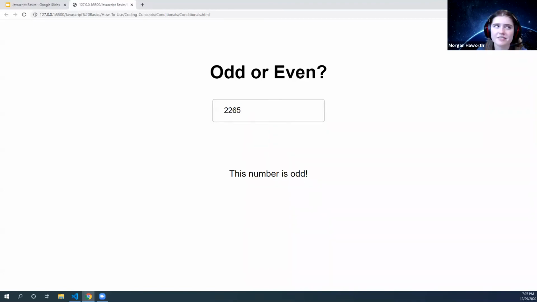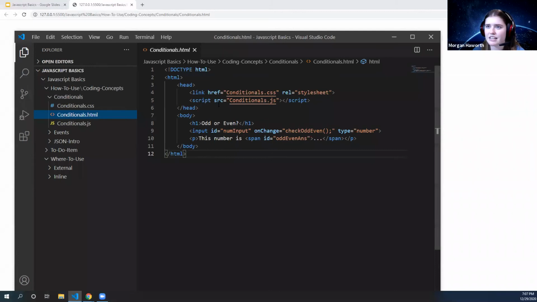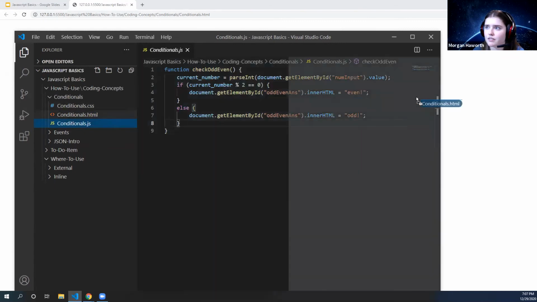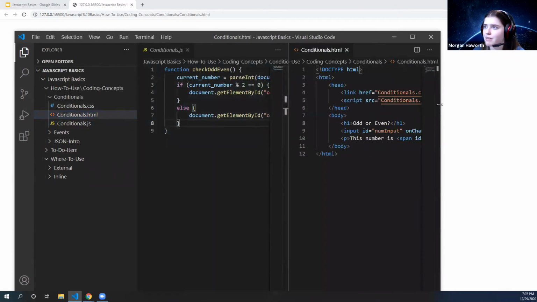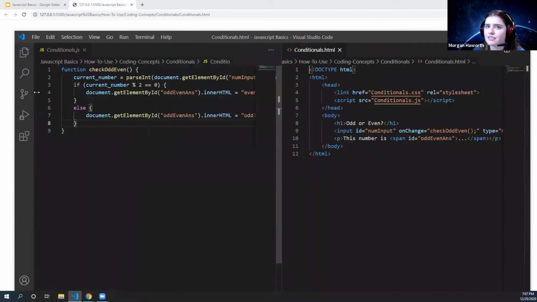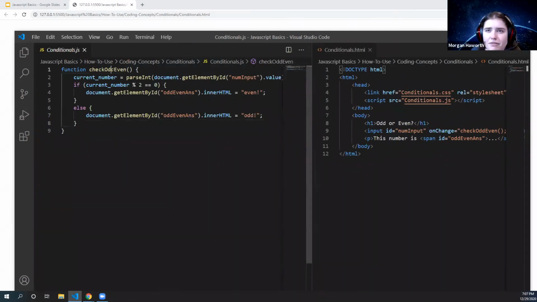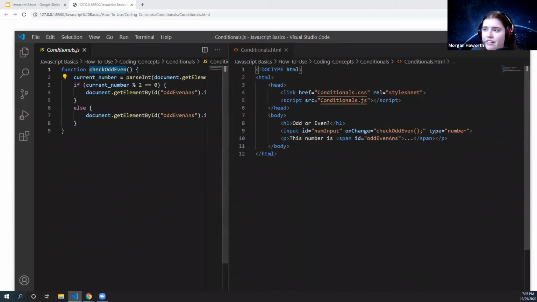And the code behind this is in HTML. We are loading our JavaScript. If we look at the JavaScript, put them side by side. We can see that we have a JavaScript function called checkOddEven. And checkOddEven is called when it detects a change from the input. So if we go back to the slides,